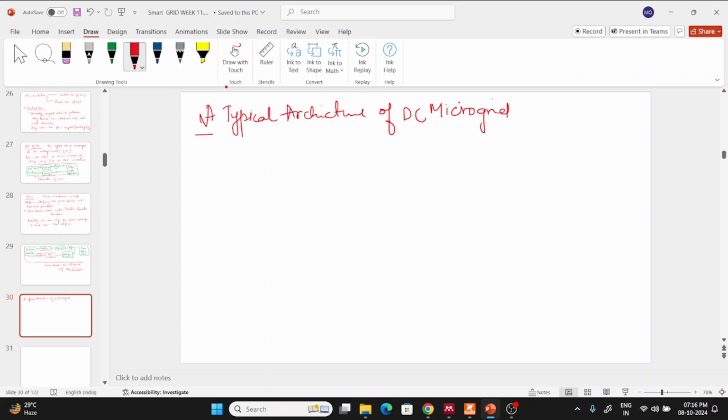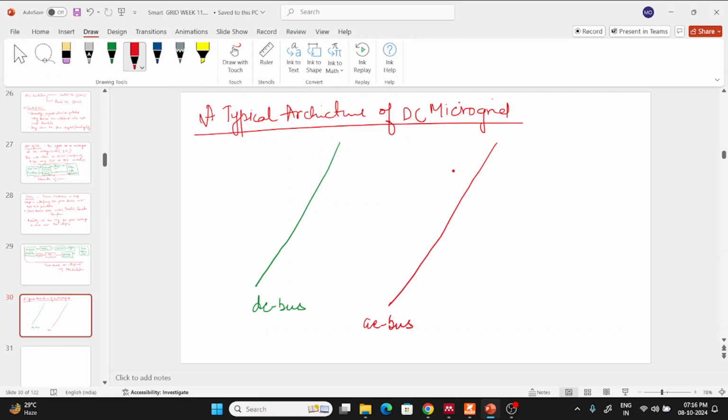Okay, तो इसमें क्या है? I would quickly draw. This is a DC bus and this is a AC bus. Okay,